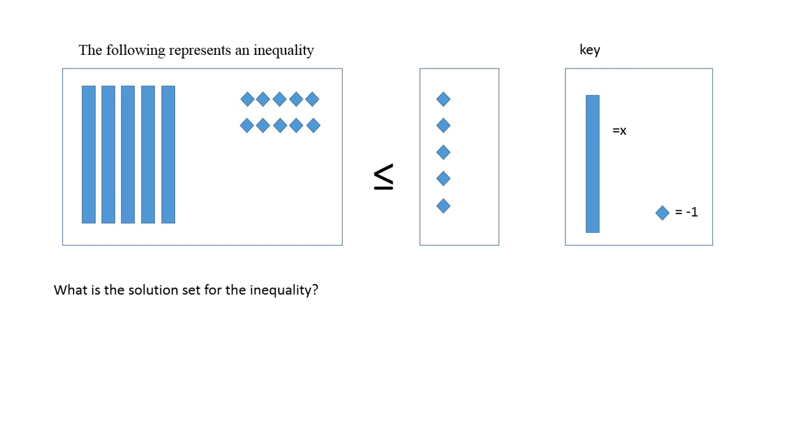I have a couple of examples of problems that involve inequalities. This first one is showing us a graphic, and it says the following represents an inequality. So I've got three boxes here. One of them I've got these long poles inside of, plus these little diamonds. That's box number one. Here in box number two, I just have little diamonds, and here in box number three,